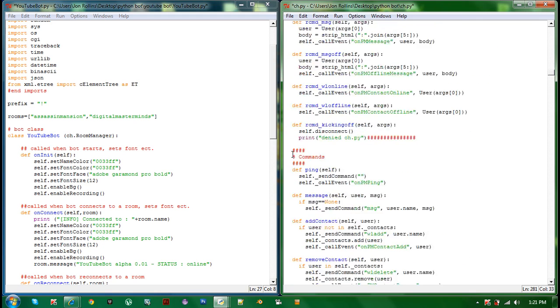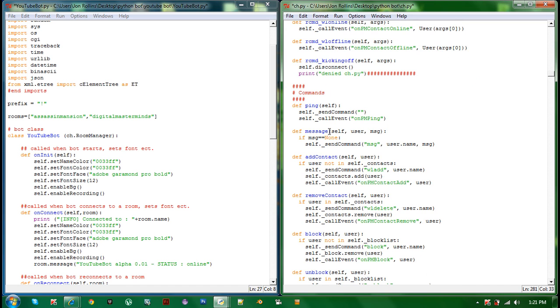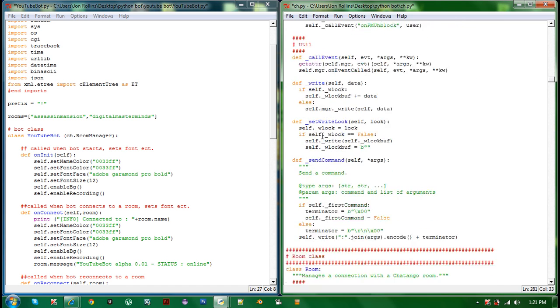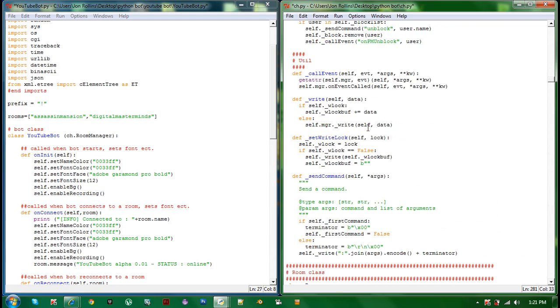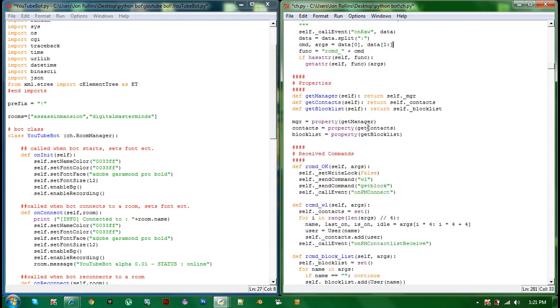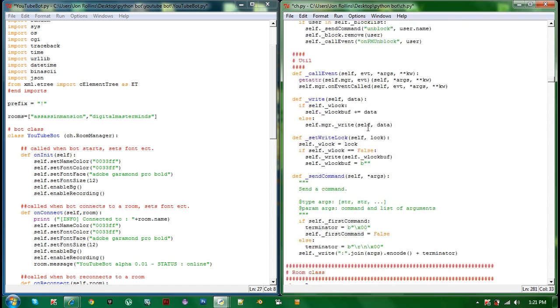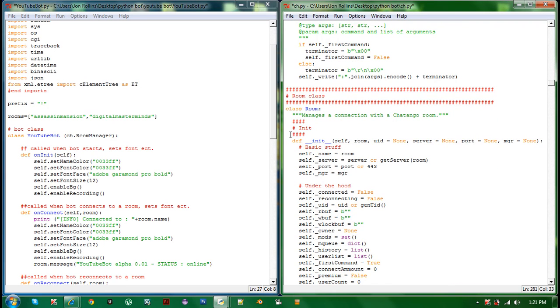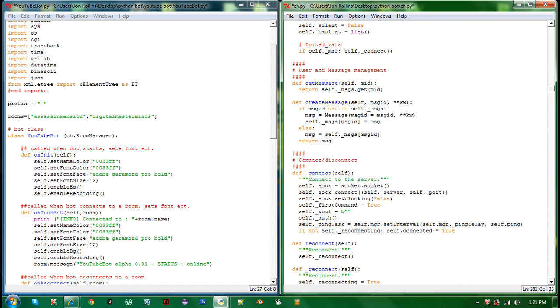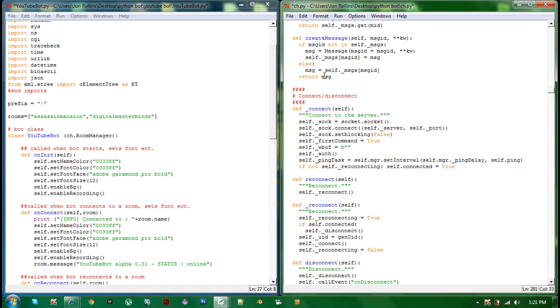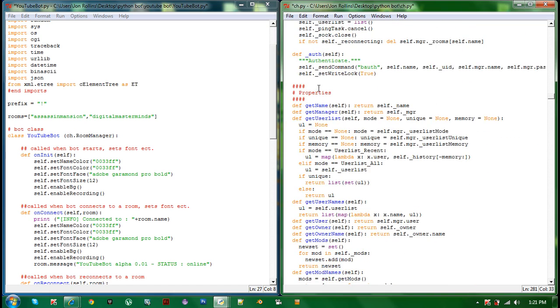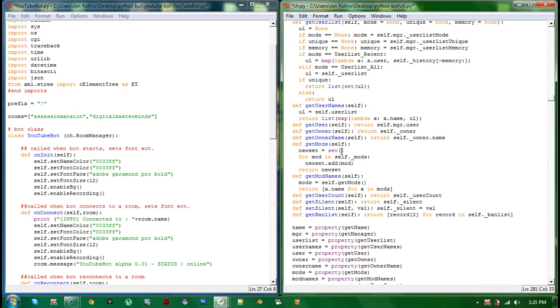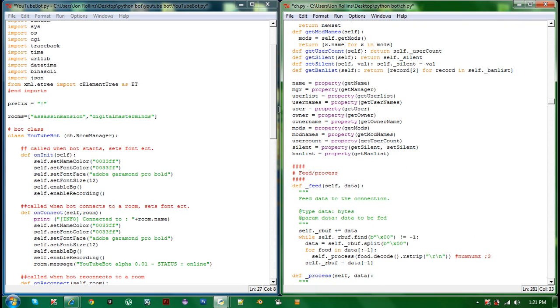So now it moves on. We have commands, and then define message, and then define on PM message, which they'll define in the room manager, like we will do that. So this is the room class. On init, it takes itself, a room, user ID, a server, a port, and a manager. All that stuff is being set in here. You don't have to worry about none of this. It's already done. On connect, on reconnect, connect PM authority, blah blah, get name, and then we have a whole bunch of stuff we can use, such as